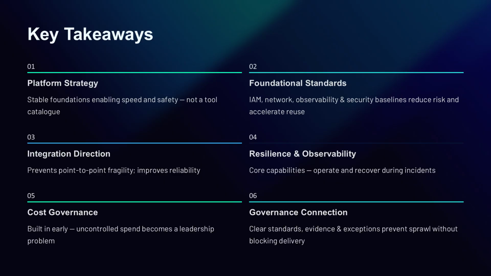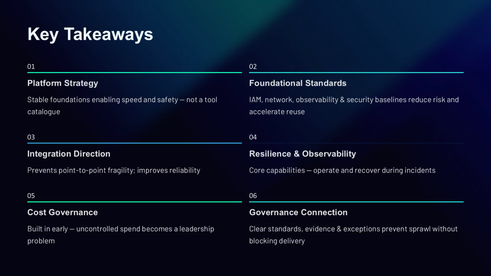You learned that standardizing foundational controls such as identity and access, network patterns, observability, and security baselines reduces risk and cost while accelerating delivery through reuse. You learned how integration direction prevents point-to-point fragility and improves reliability and maintainability. You learned that resilience and observability are core enterprise capabilities because they determine whether the organization can operate and recover